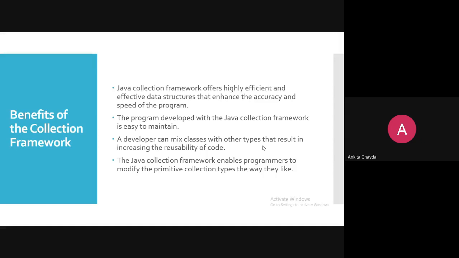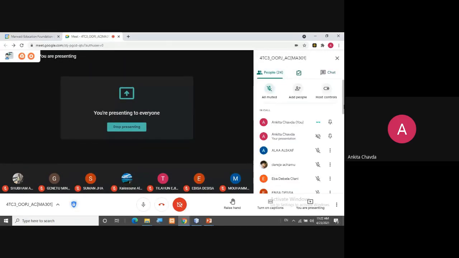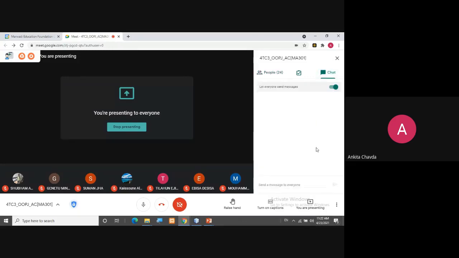Why? Because if you are writing a sorting program, you have to check your logic once, right? To see whether it is actually sorting the elements or not. But here, whatever methods are provided work perfectly, right? You just need to use those methods. That's it. So you are actually saving your time. Why? Because of reusability of code. If some things are already available, then why create them again and again, right?